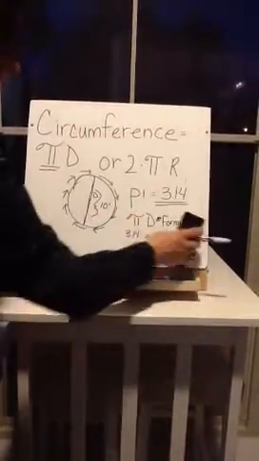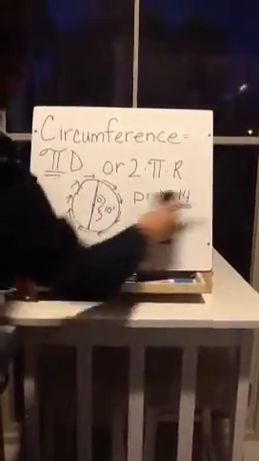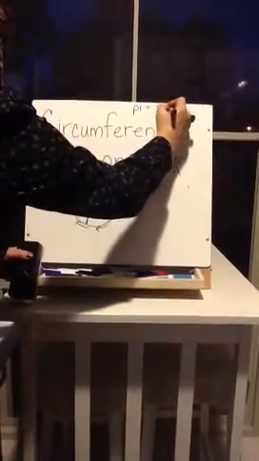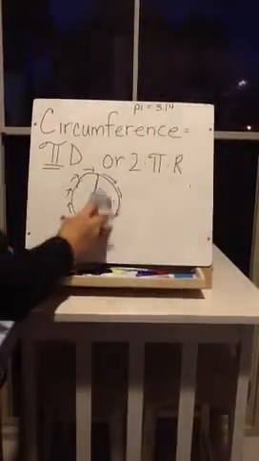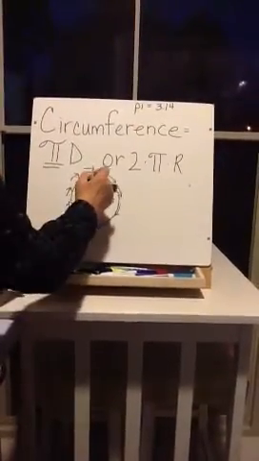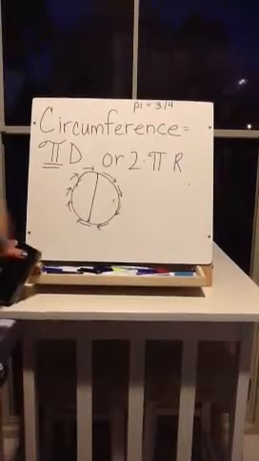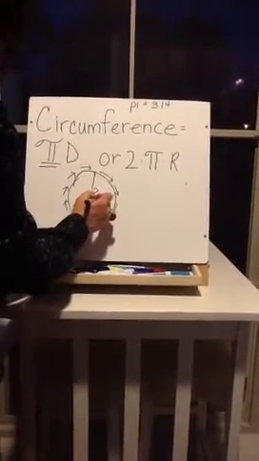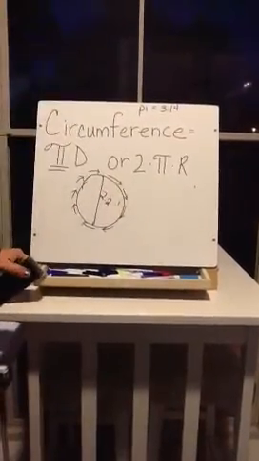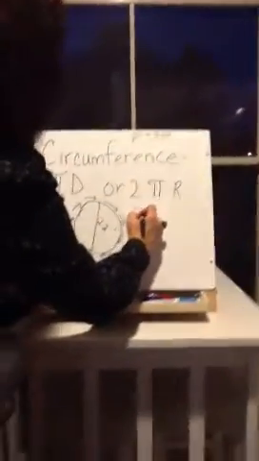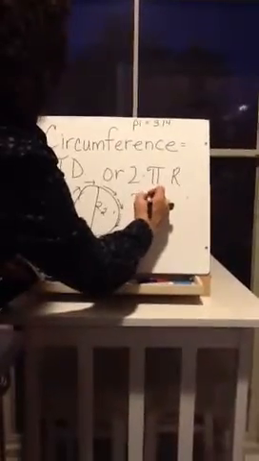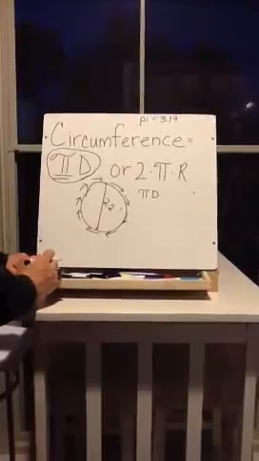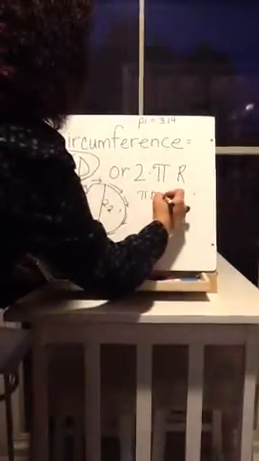So let's do another one, and I want you to do it on your own paper. And I'm going to put pi up here just so you remember that it's 3.14. So let's say we have a circle with the diameter of, let's make it hard, 2.2. So we use the formula, and it's pi times diameter. And I'm using this one right here, pi times diameter. And it is